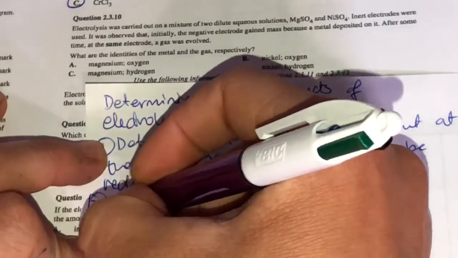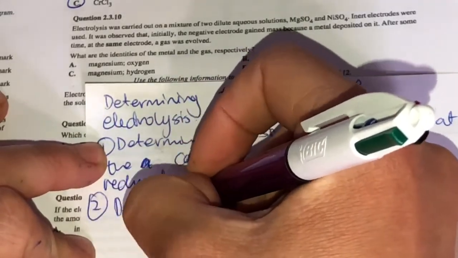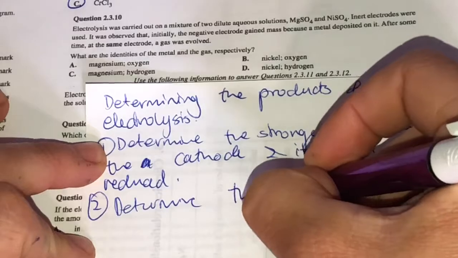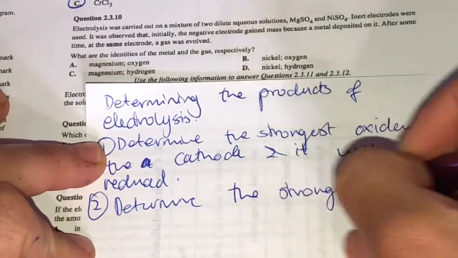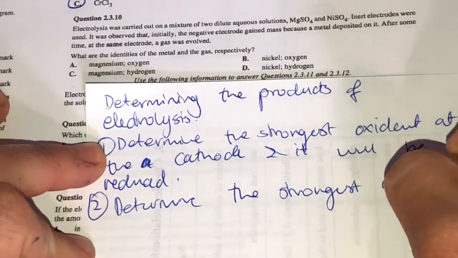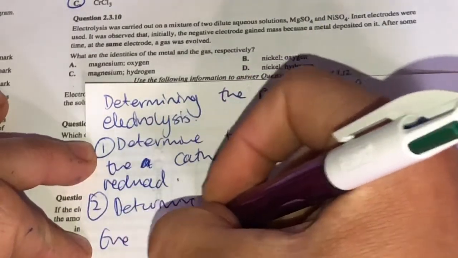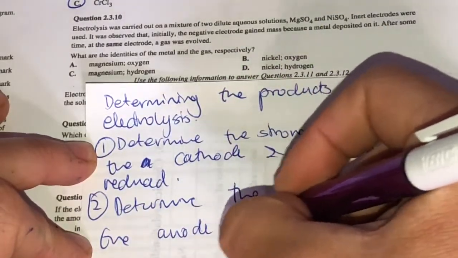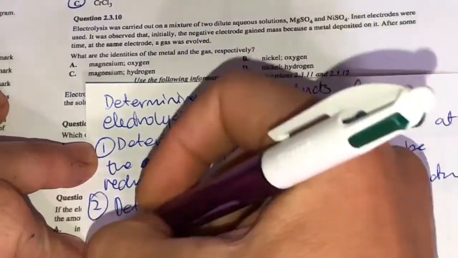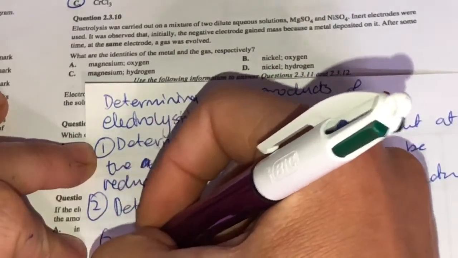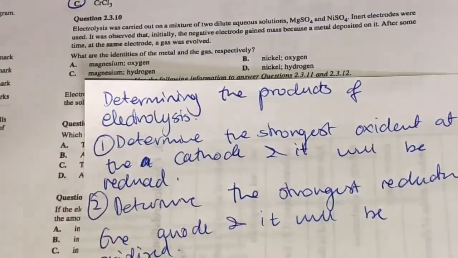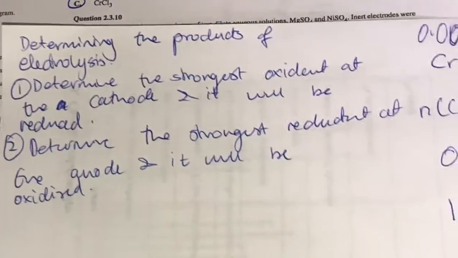Step 2, determine the strongest reductant at the anode, and it will be oxidized. So let's have a look at what we've got present